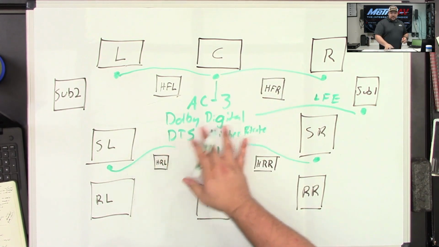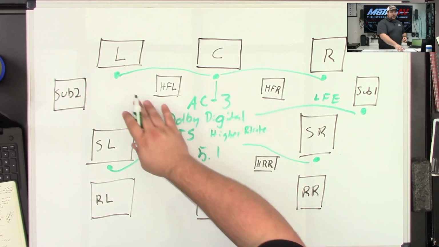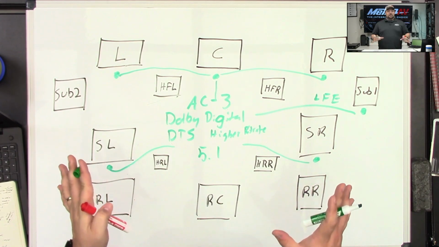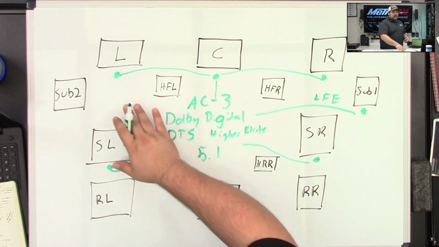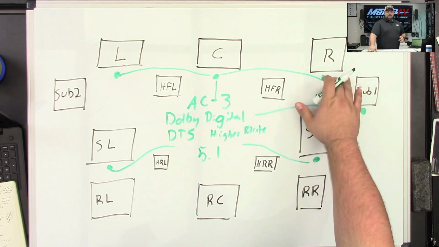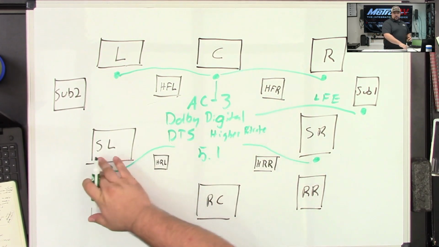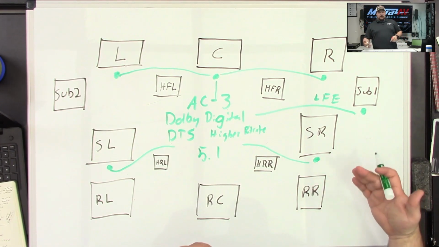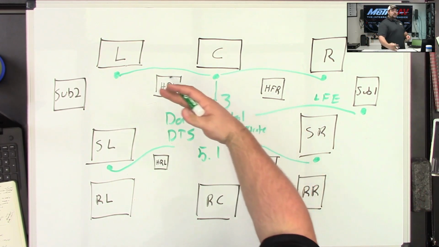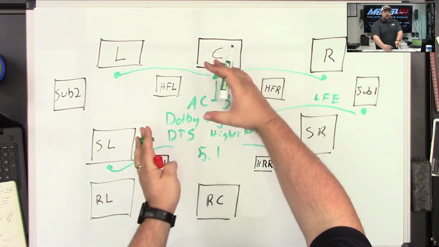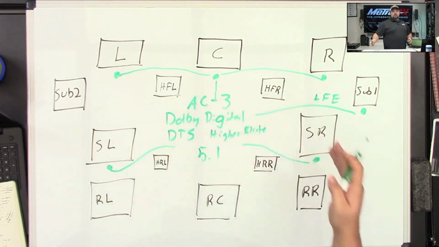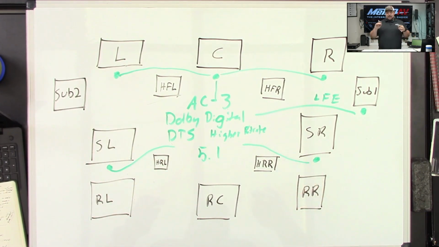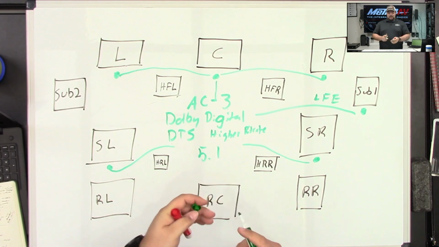So with these connections, now we have a true surround sound system. That means that when the producers and the sound engineers were engineering the videos for this, they were able to say, here's the left channel, here's the right channel, here's the center channel, here's the surround left and the surround right. And so they could say, okay, we want the dinosaur to start back here on the surround right, and we want it to walk over the center, which means we're going to start bringing in these other ones, and we want it to walk out the left, so it's walking over top of your head. And that was a really cool thing that created some amazing capabilities with this system.